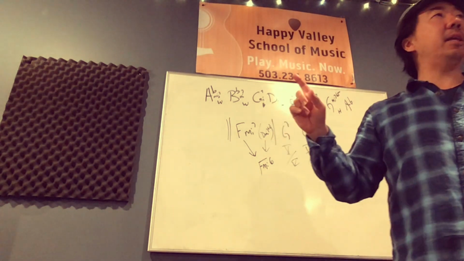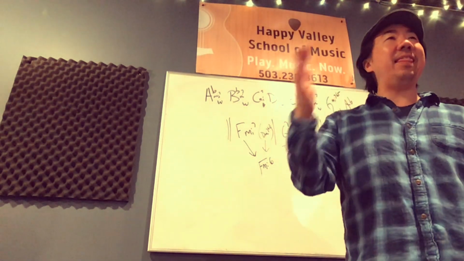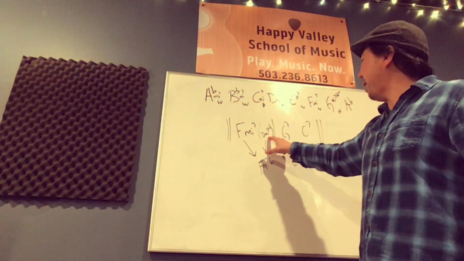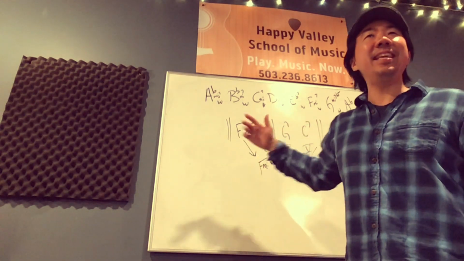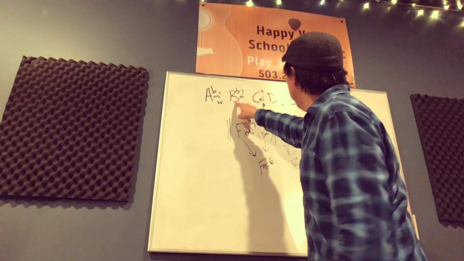Okay, the next part, you can look at your chart, then it does it again, but then the composer goes the other direction to the relative major. So it goes F minor 7 to D minor 7 flat 5, but then it goes to B flat minor 7 to E flat 7, and that's a 2-5 progression. You can see the 2 and the 5